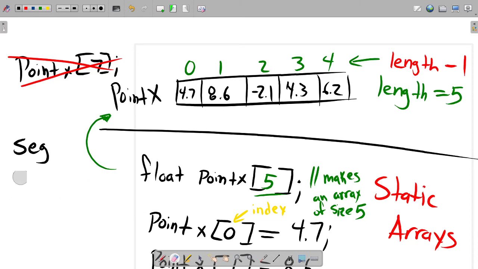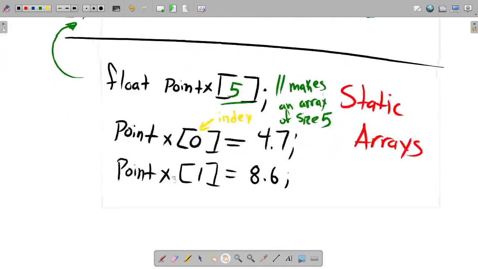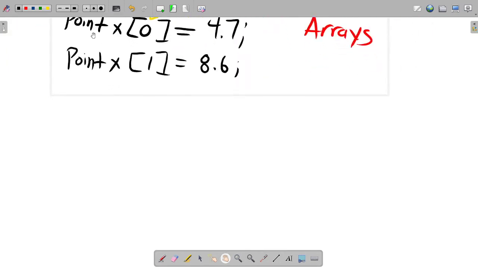Lastly here, let's go over how we could access all of the elements of this array if we wanted to print them. So let's say I want to print the 0th element, and then the 1st element, and then the 2nd, and 3rd, and 4th. Hopefully you're thinking, if I'm counting, then I definitely need to use a loop, and you would be right. Let's use a for loop really quick to go through all of the elements in this .x